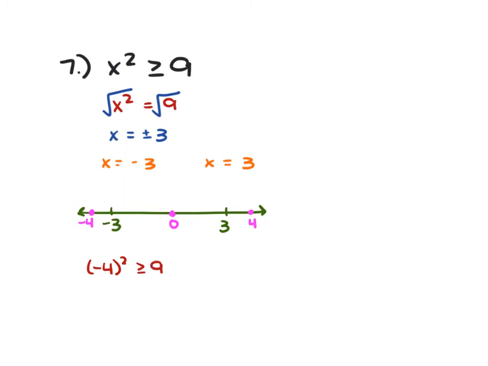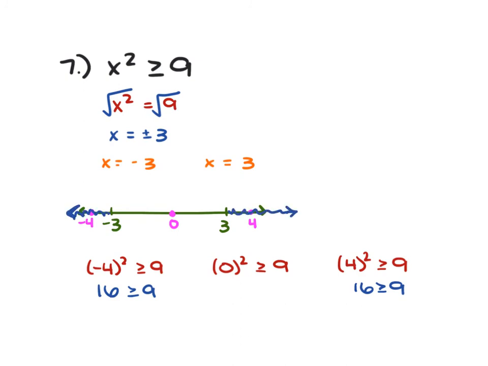So I'm going to do x squared. -4 squared is greater than or equal to 9. Then I have 0 squared is greater than or equal to 9. And then 4 squared is greater than or equal to 9. Well, the 4 squared and the -4 squared are both 16, which is greater than or equal to 9. That is true, so we would shade to the left of -3 and to the right of +3. We're getting closed circles on both the -3 and the +3 since our sign says equal to as well,